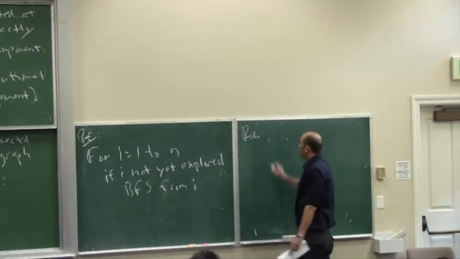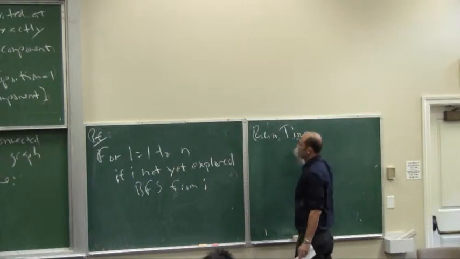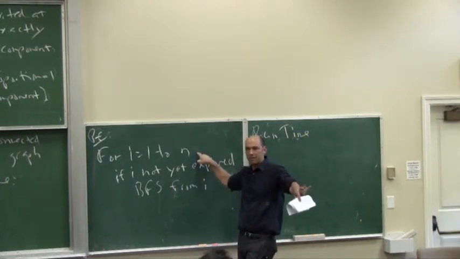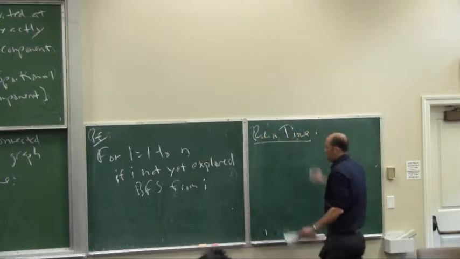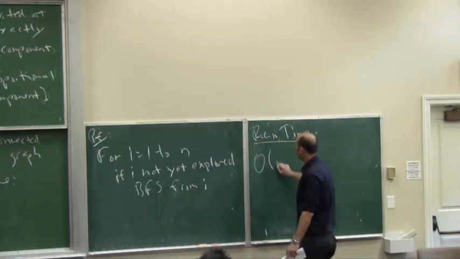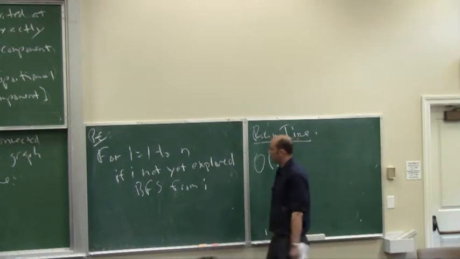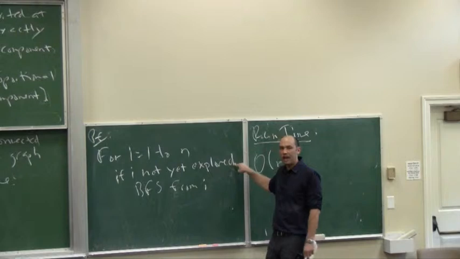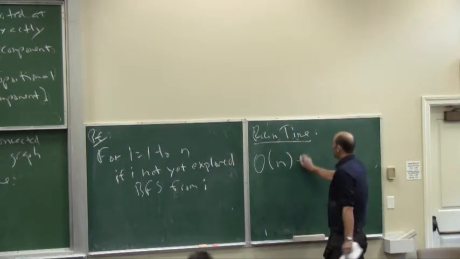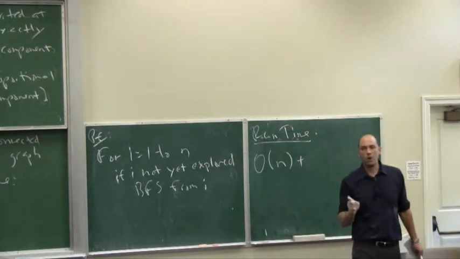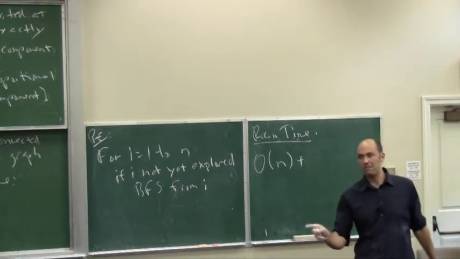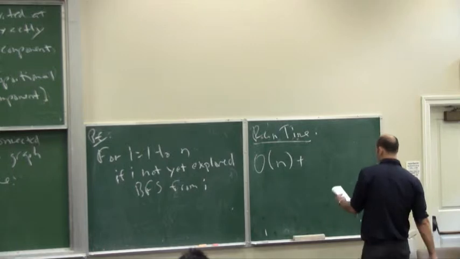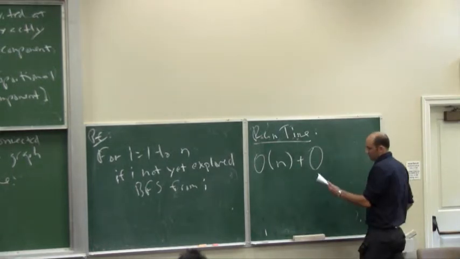So every component will be discovered eventually, because effectively we do exhaustive search through all of the nodes, so there's no way a component can escape us. We'll see it eventually. And the running time overall, well, there's overhead, which is O of n. That's just because there's n iterations of the while loop and a constant time check for each iteration of the while loop. Plus, we do 1 BFS per component, only 1. Once we've BFSed a component, we find everything, we'll never BFS it again. So, the total runtime in the BFS is